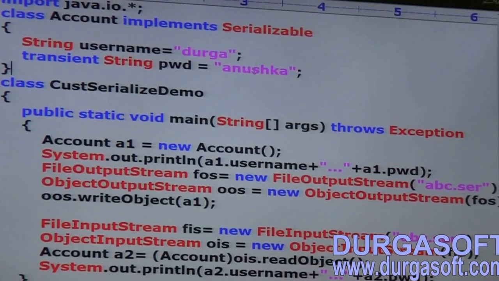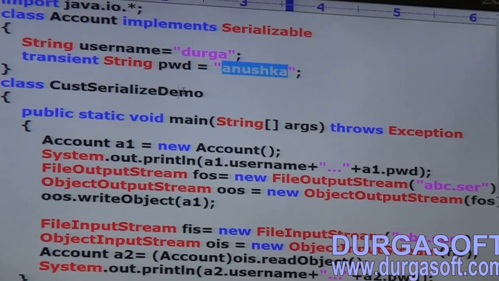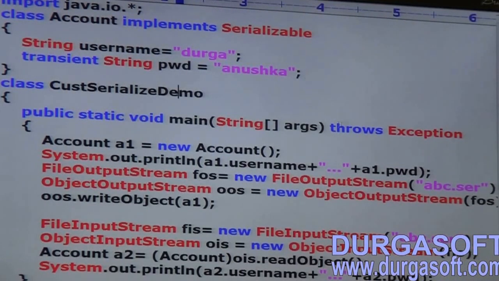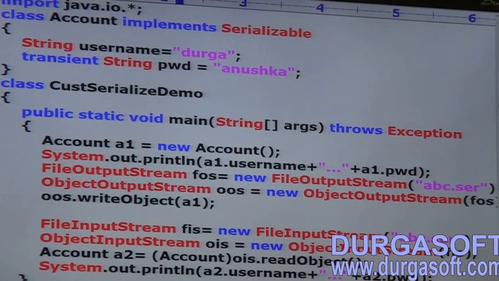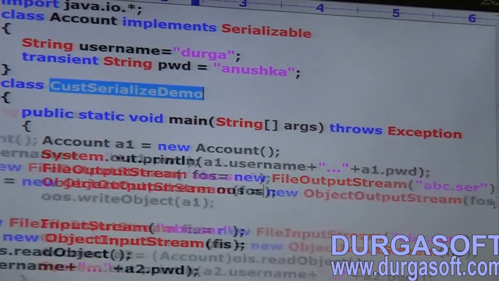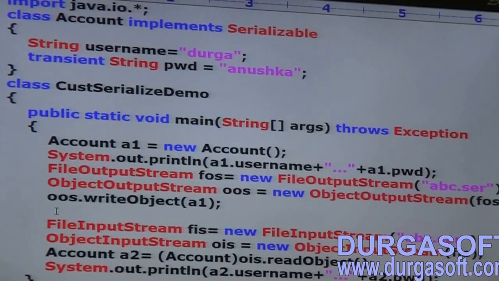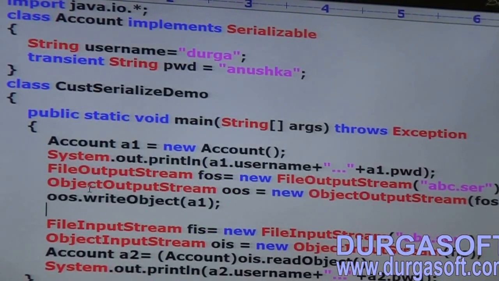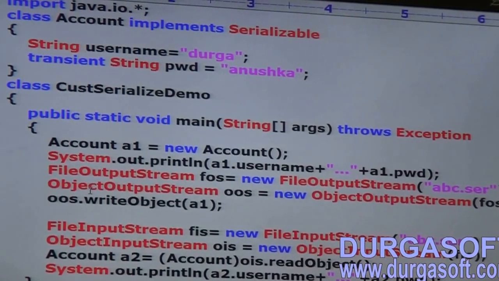Any name you can keep, it need not always be Anushka. Anyway, deprecated API. Class CustomSerializerDemo. Take this example clearly.